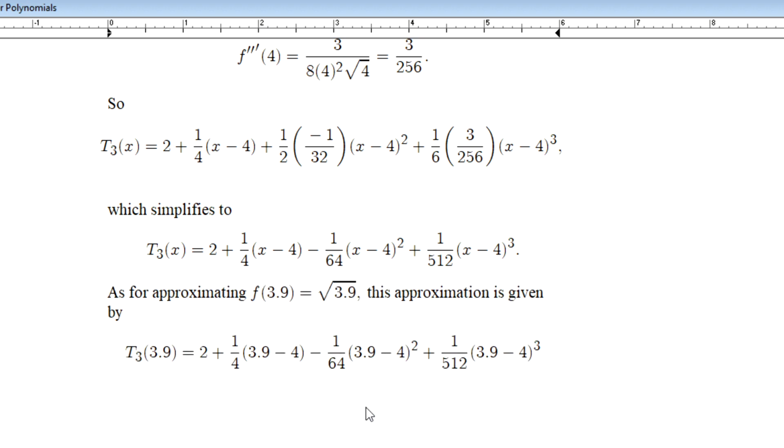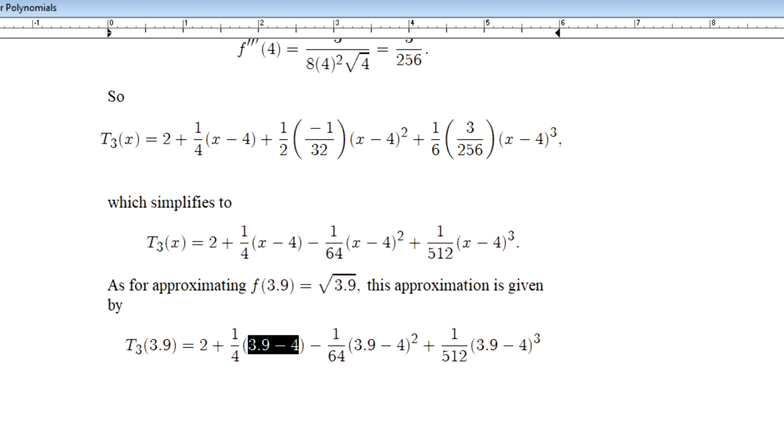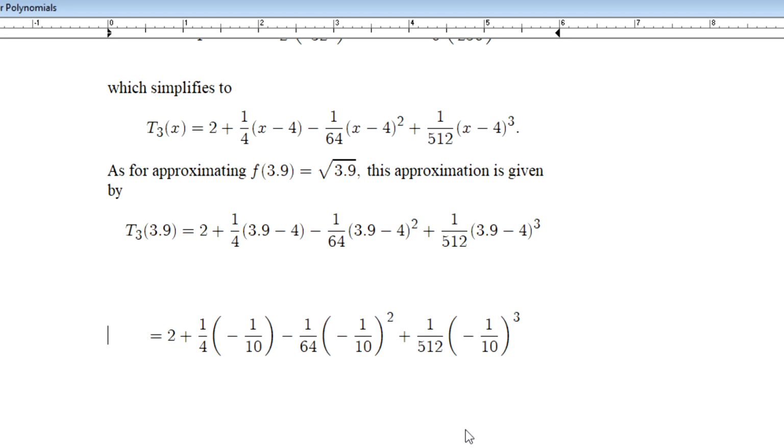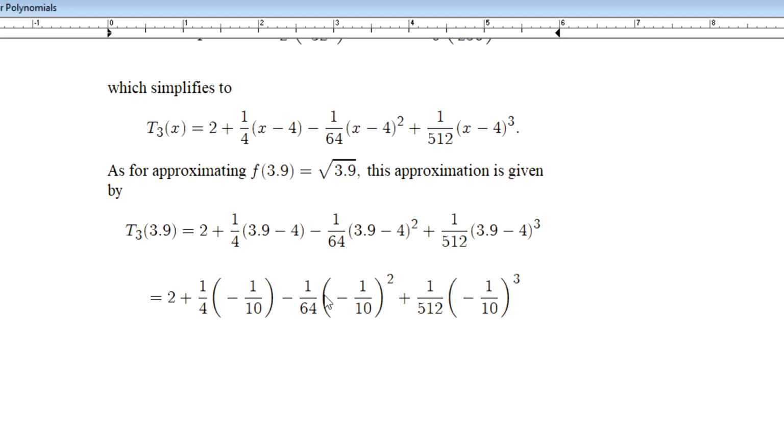So as for approximating f at 3.9, the approximate value of the square root of 3.9, this approximation is given by this value here. And notice I just substituted the 3.9 into our polynomial function in its unexpanded form. We note those are, like I said, going to be negative 1/10 in value, which we might set up this way, where you can do a little arithmetic. This is going to be 2 minus 1/40th, right? This is going to be 1/100th, so this is going to be negative